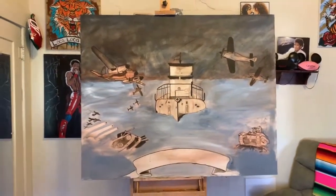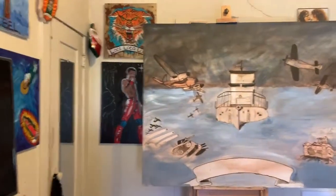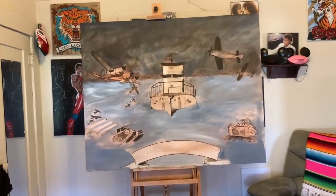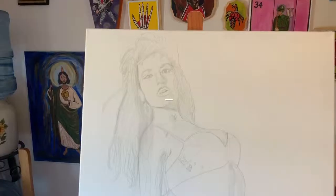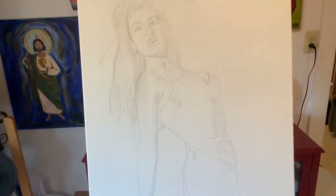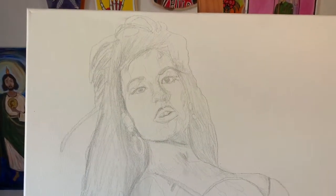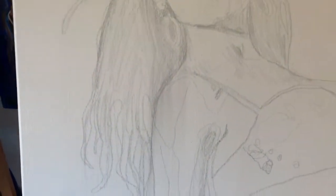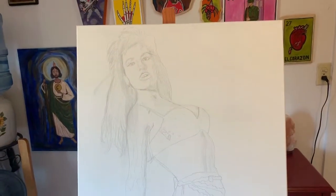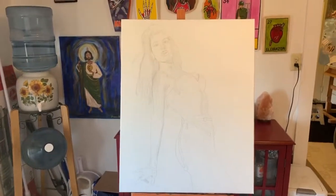This is a commission I'm working on right now. This thing is huge. I think it's a 48 by 60. The Freddie Mercury painting is a 30 by 24, and it looks puny next to this. So this is what I'm working on right now. It's a commercial painting for a company. So here it is, gessoed and clear gessoed. Ready to